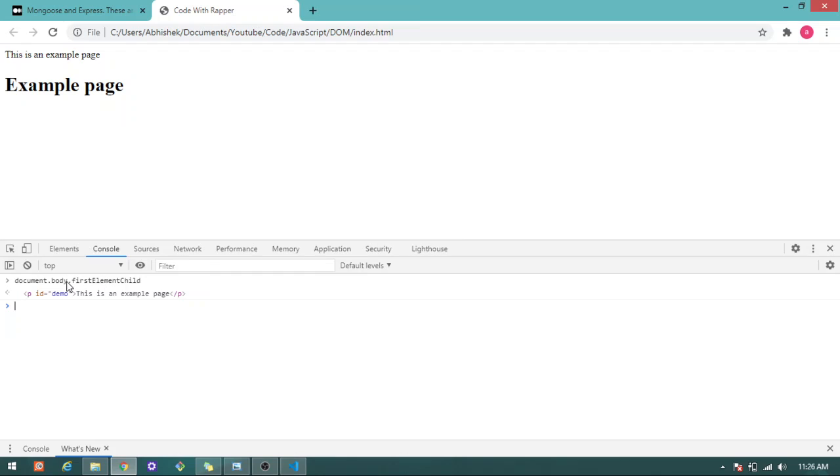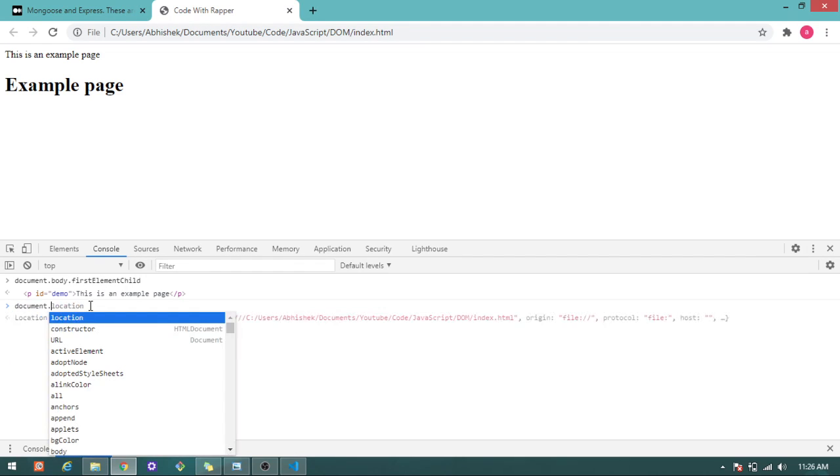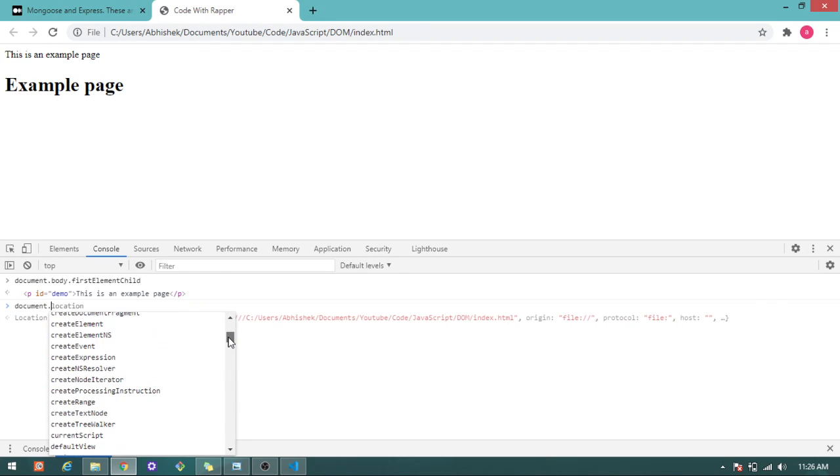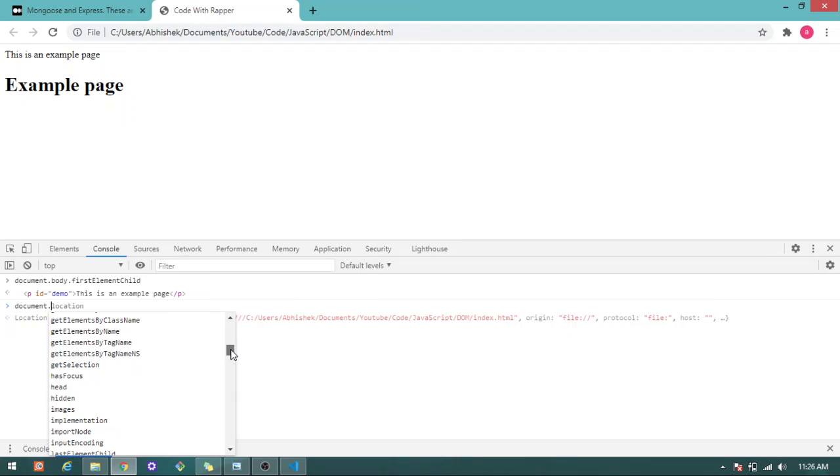It's a property. This document has a lot of methods. You can create an element, you can create a text node. We will see those things later, no worries. You can access an element by the id.